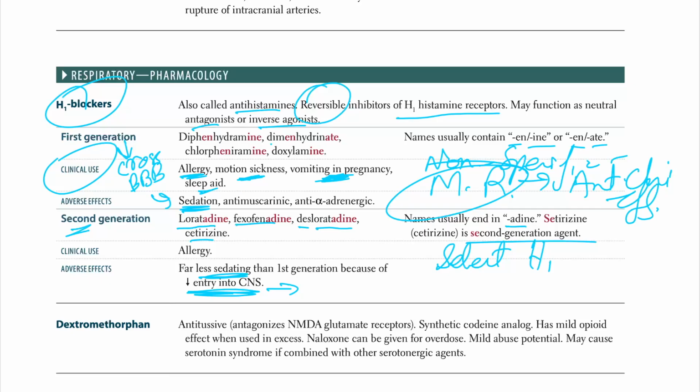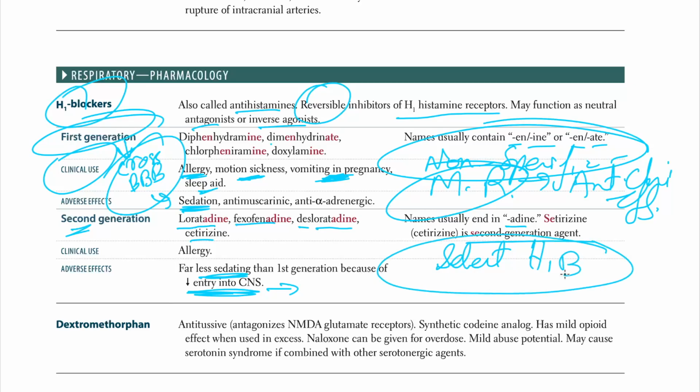Because this is the old generation, the first prototype, let's say, they cross the BBB and they're non-specific. So they said, you've got to make something new, something more specific for the H1. So they made selective H1 blocking agents, which would not cross into the CNS, would not cause sedation, and are specifically used in allergy. Okay, so this is all about H1 blockers. Looking at the next one,